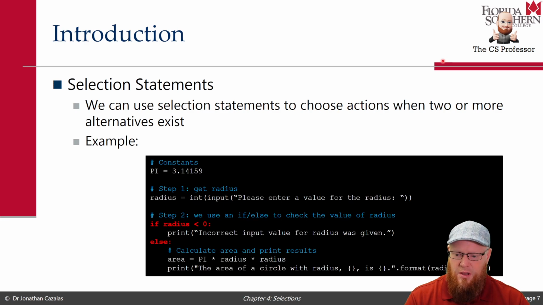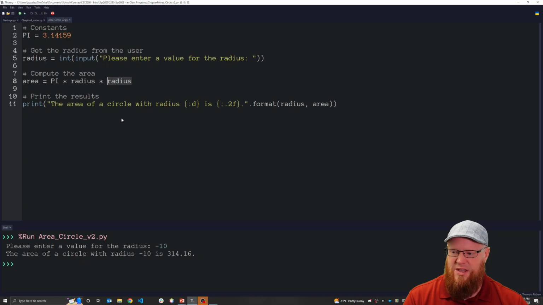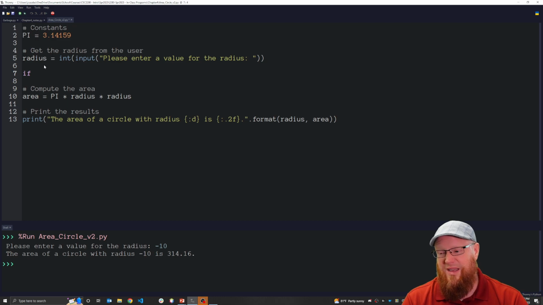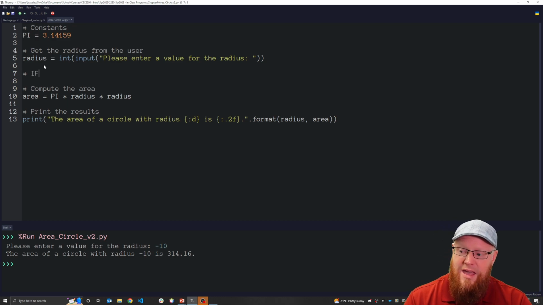different alternatives. So here I'm going to go right to the code, and you see that all we did is we put in this if statement, which I like to go do up here. So I'm going to put an if statement. If. What is the if statement? Well, if, or let me put a comment. If the radius is,